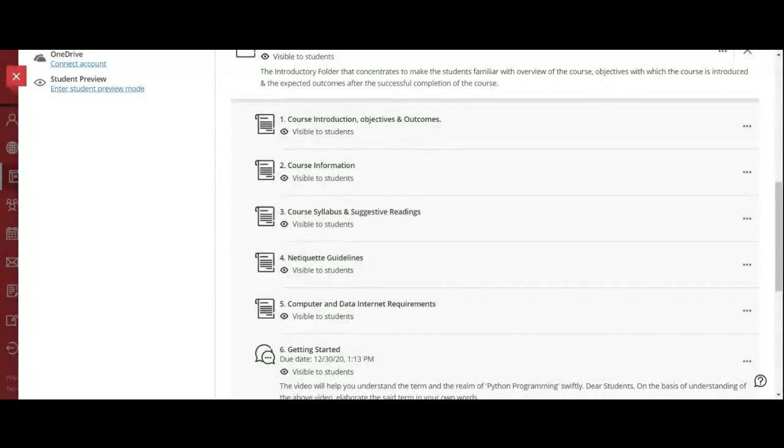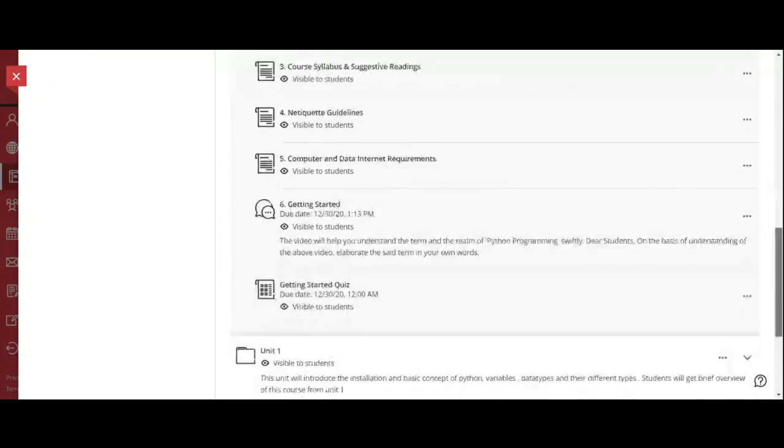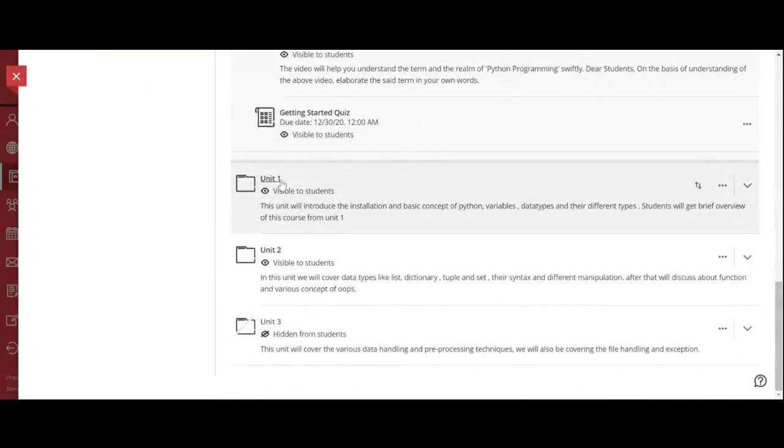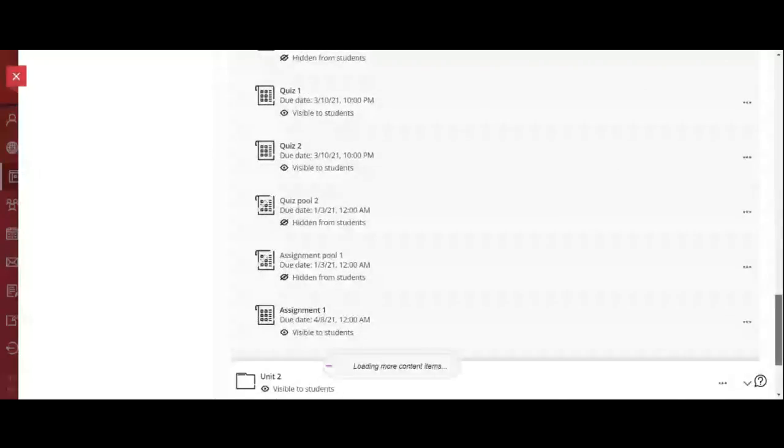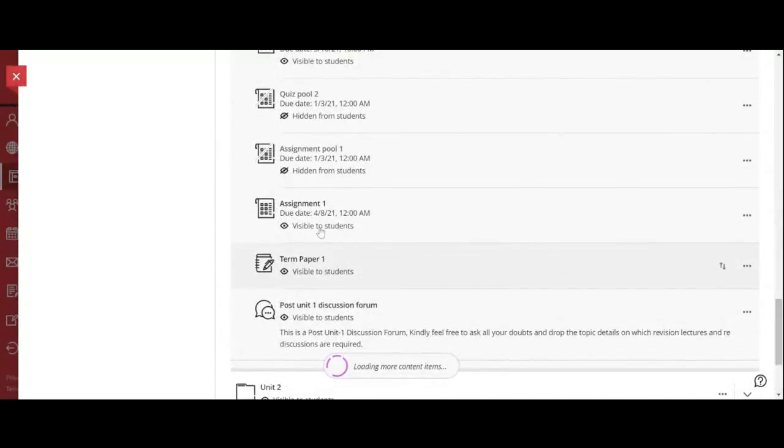Okay, so you can see here. I have also made the assignment one visible. Try to complete that assignment before the deadline. So this is the thing that I want to discuss with you, the term paper.